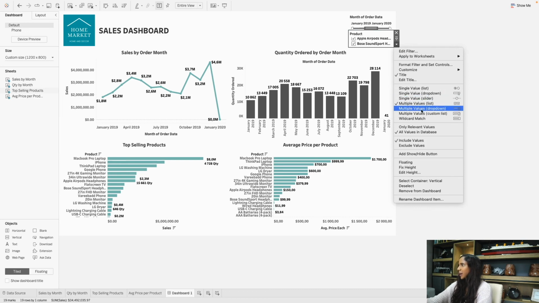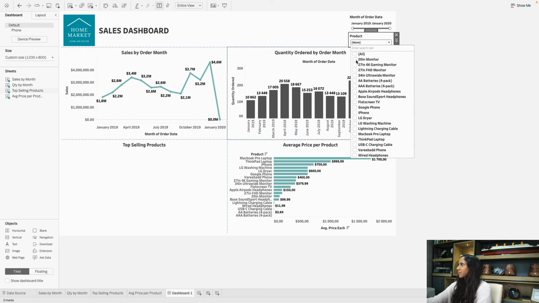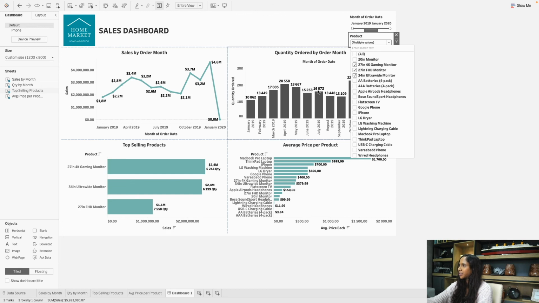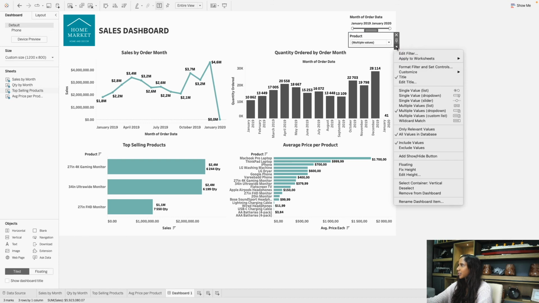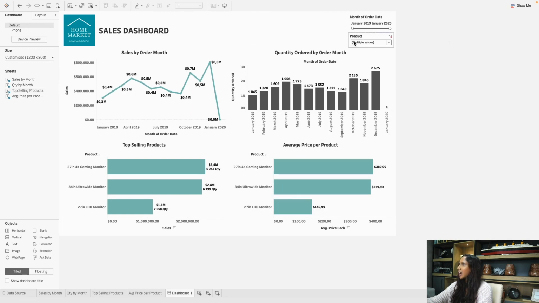So if we do something like multiple values drop down, and if you click on product, you'll be able to pick a few, and you can see that chart filters. Now to filter the whole dashboard, click on product, click on the arrow, go to apply to worksheets, and say all using this data source. Okay. So now, because we selected those 3 products, this dashboard will just show us orders for those 3 products,